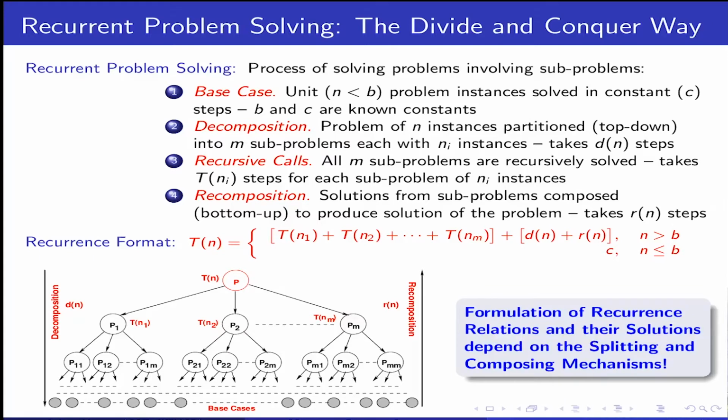So primarily the question that we are trying to address in this and the next lecture is how the formulation of a recurrence and its solution depends on where we split the problem, how we combine or compose it, and get back the final answer. You can easily understand that it will depend on the way in which we split, the way we decompose and the way we recompose. Everything will depend on how good or bad we are at solving the final problem.